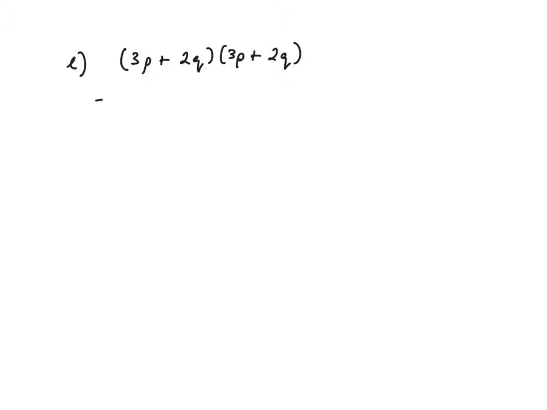The last of the factorising questions, 3p plus 2q all squared, that's 9p squared, plus 6pq, plus 6pq, plus 4q squared, 12pq,